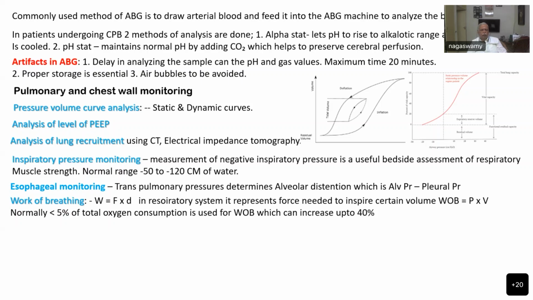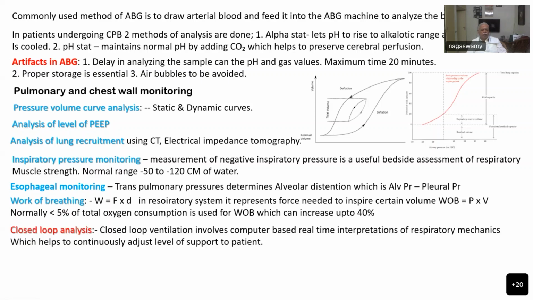Normally, less than 5% of total oxygen consumption is used for work of breathing. But when the patient has a respiratory problem like bronchospasm or pleural effusion, restrictive or obstructive airway diseases, they can increase the work of breathing up to 40%. So then the majority of the oxygen will go for that, and tissues will have less oxygenation and anaerobic respiration will